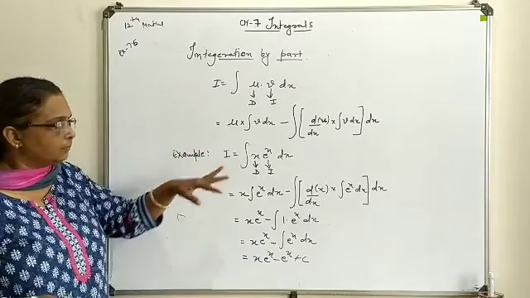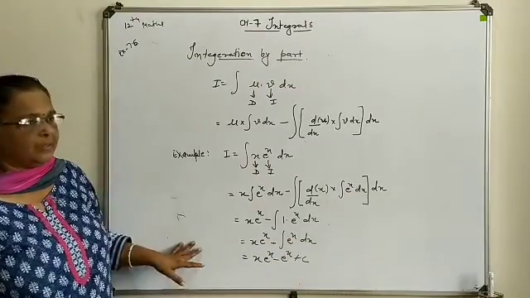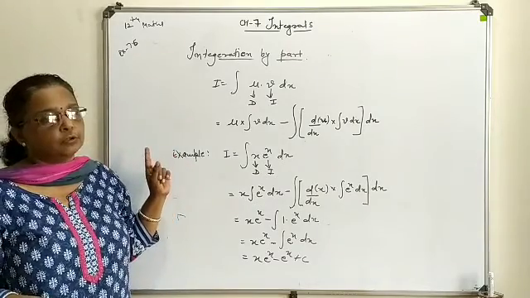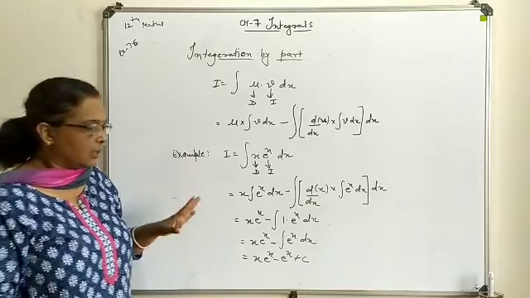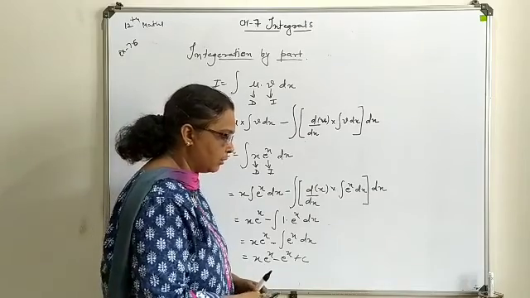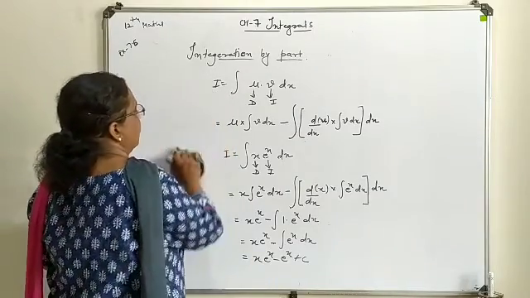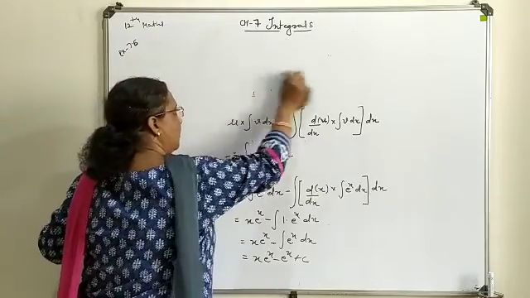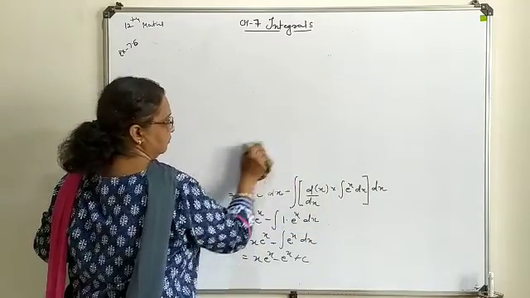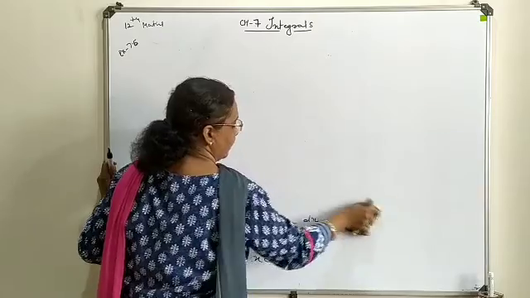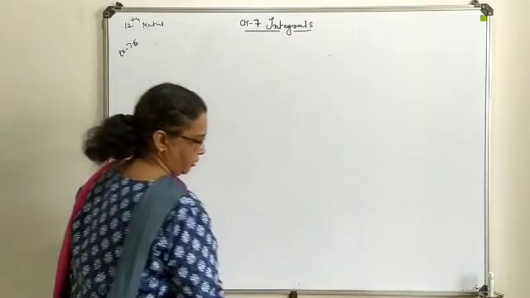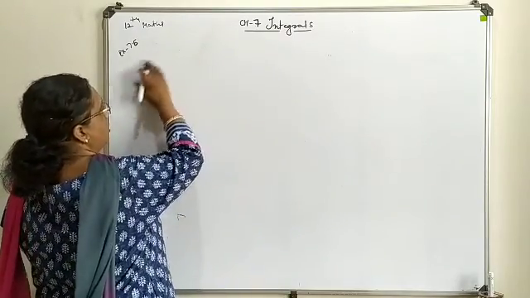So let's start with the questions in the exercise which are based on this by-part method or the third theorem what I told you, that is the important one, e^x into f(x) plus f dash x. So these two things we have to discuss in the next exercise. Now here I am going to attend question number 2 in exercise 7.6. Slowly and slowly you will have a command over this method. In the beginning, with some patience, try to attend the question. So don't be confused in differentiation or integration.